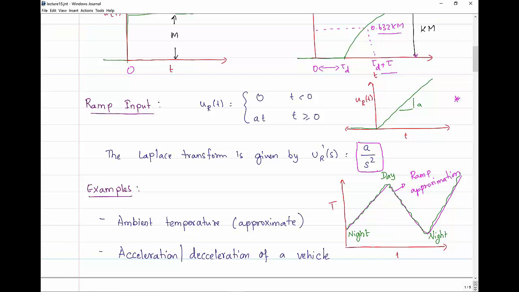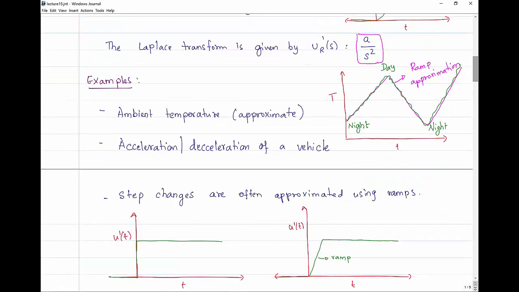While ramp inputs are not very common, they're also not uncommon. For instance, ambient temperature, the way in which it increases from night to day and again drops from day to night, is something we can approximate using a ramp function. Acceleration or deceleration of a vehicle can also be approximated using a ramp function,